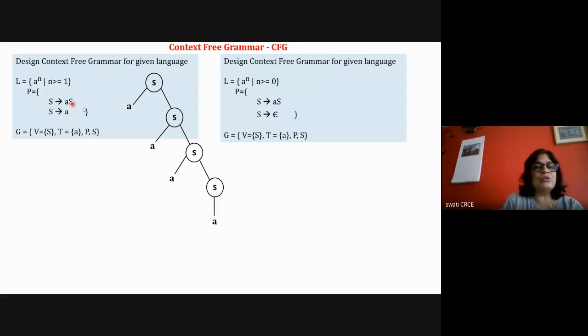Here if you say S is equal to SA, then also you will be able to solve the problem, because your S symbol will always appear on the left hand side, and you will go on resolving S, and still you will be able to get a number of A's. But always remember, your variable or recursion should not be at the leftmost side. Okay, so always use right side recursion, at the right hand side or at the center, but it should not be starting at the leftmost symbol of the rule.